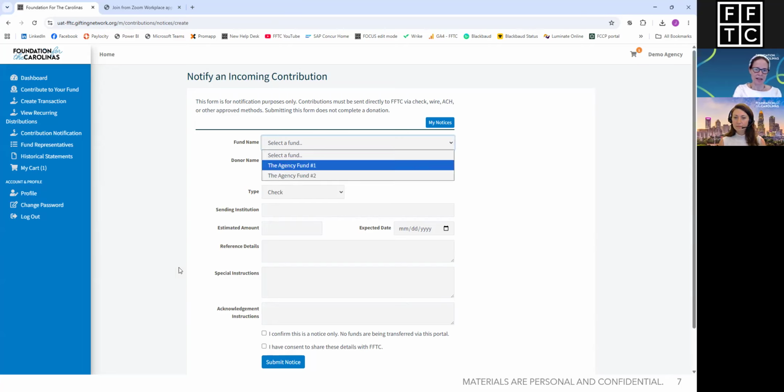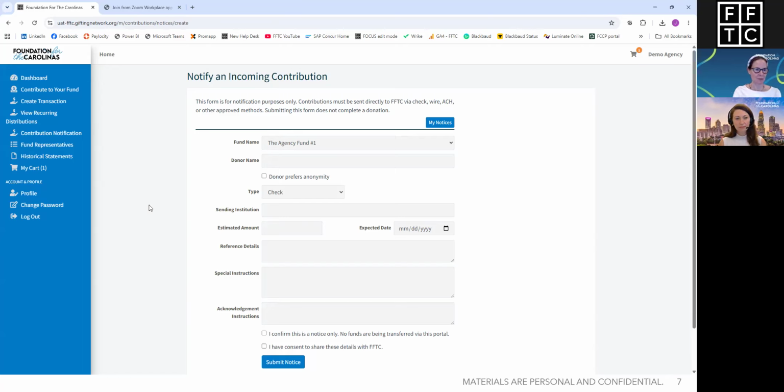Just say what fund it's going to be, the donor name, any information you know, and then just confirm it. It's just a notification. It's not actually doing anything in your system, but it lets our team know that a